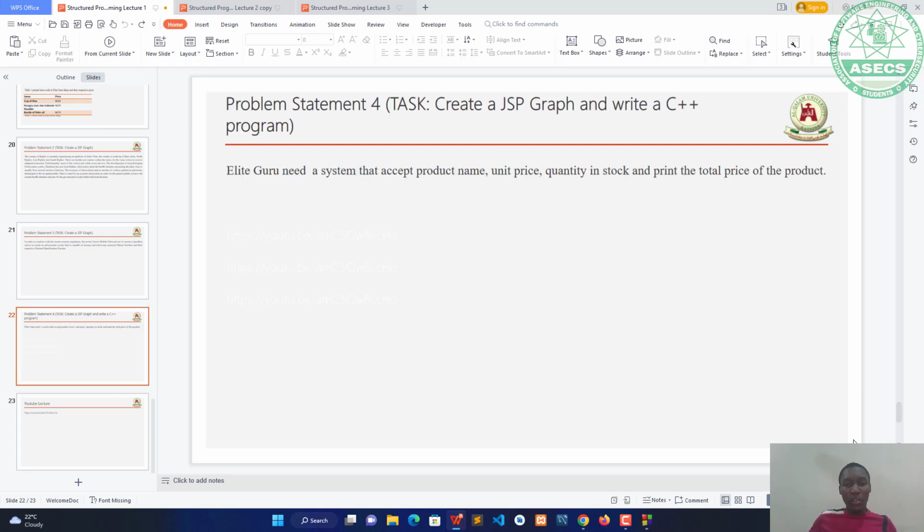All right, problem statement. Task: create a JSP graph and write a C++ program. So I know you have to create a JSP graph, and the C++ program. Elite Guru need a system that accepts product name, unit price, quantity in stock, and print the total price of